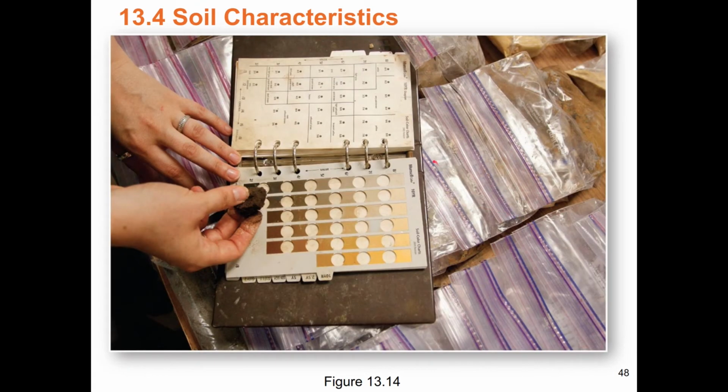And this is the Munsell color chart. And there's page after page after page of different colors. And so here they've got a chunk of soil and they're comparing it. Looks like it's, I don't know, maybe that one. But you can see, so yeah, here's a key. And then you'd be able to say, well, this is whatever that exact shade of color is, to identify that horizon or that type of soil.